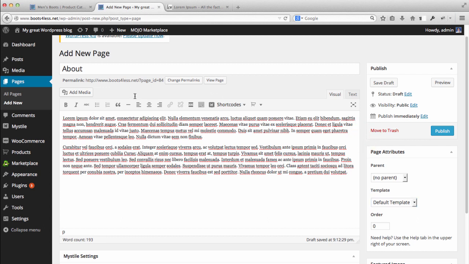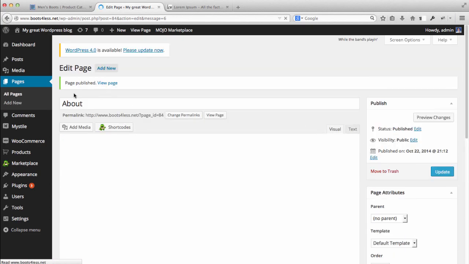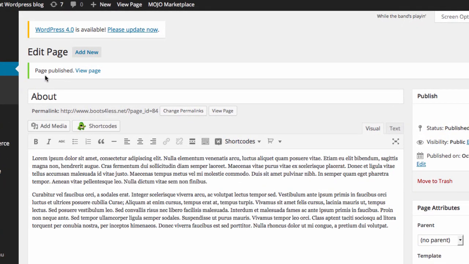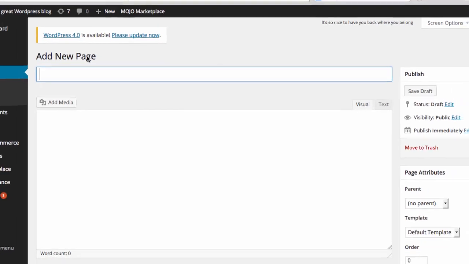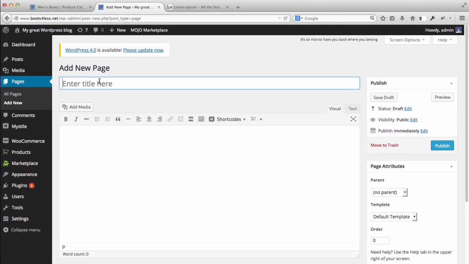So once I have that ready to go, I'll just hit publish. Excellent. So my page has been published, and now from here on I'll just go ahead and click add new to add a brand new page. Remember, you can also do this from the menu on the sidebar, on the left side of the WordPress admin. So from here I'm going to create a contact page, so I'll say contact info,